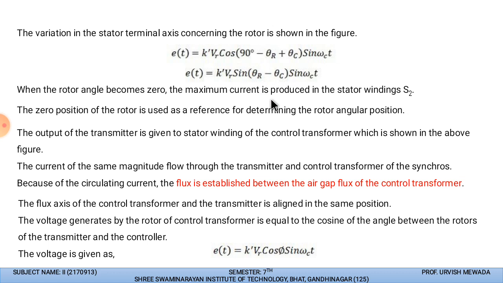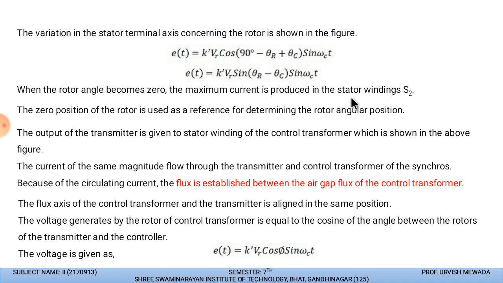Now whatever amount of rotation we give to the synchro transmitter, according to that rotation EMF will be produced in the stator conductor. And whatever EMF is produced in the stator conductor will travel to the synchro control transformer. According to the EMF given to the stator winding of the control transformer, flux will be produced in the stator conductor, and